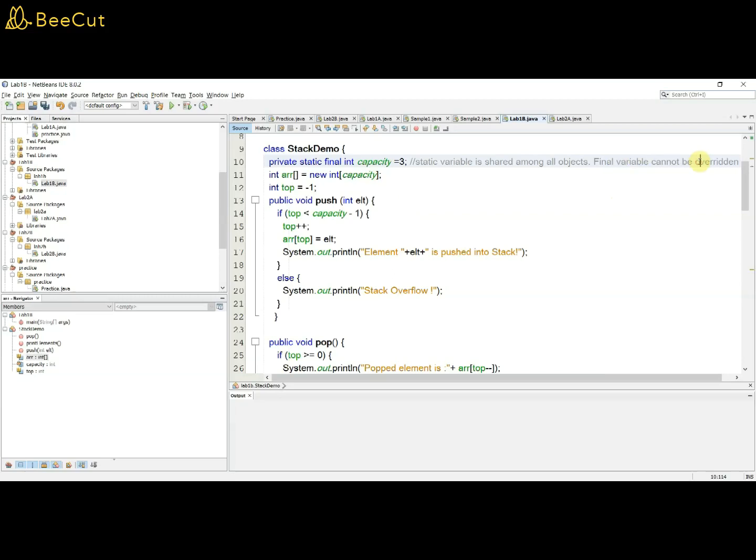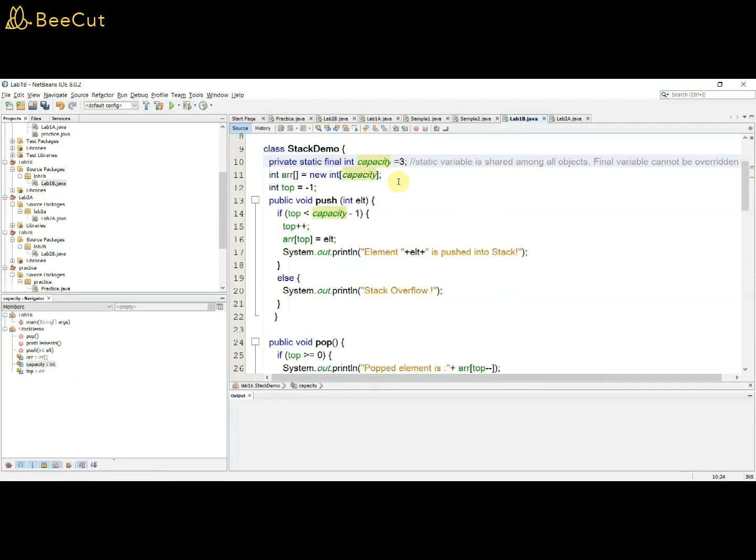So you can see private static final int capacity is equal to 3. If you remove this final keyword, you may see a warning that field capacity can be final. The NetBeans IDE is suggesting that this capacity can be final, because it is a final value and should not be overridden by any other classes.